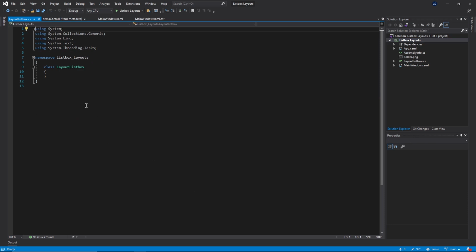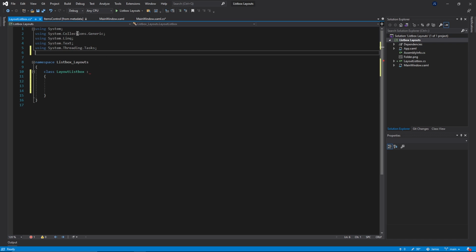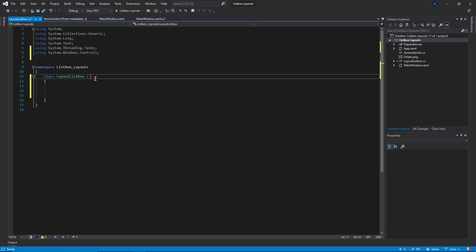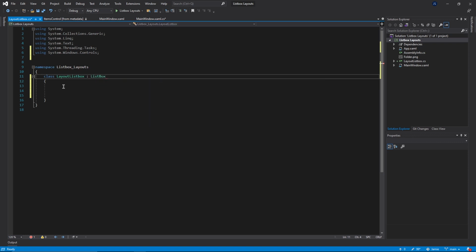Now for me to extend the Listbox class, which is this class I created here, I need to inherit from the Listbox. So I'll just go ahead and say ListBox. Now the ListBox is found in a different namespace which hasn't been added here to our class, so I'll just type in. So it's found in the System.Windows.Controls namespace. Okay, so I'll just go ahead and type in ListBox. I'll change this class to a public class,